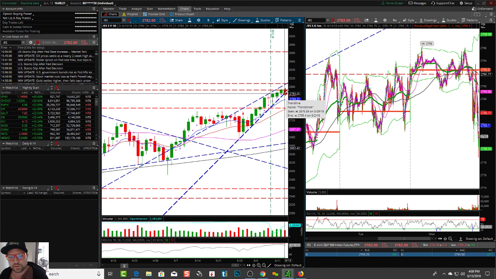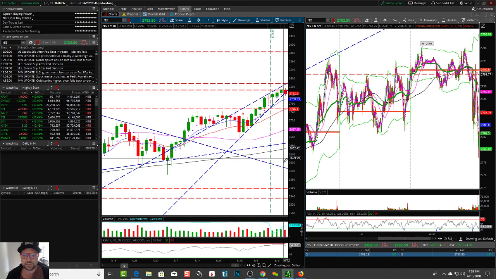So if it starts to fail, and that's happening near a resistance area, then where do you look? Support levels. Look at the 9 EMA as support. Look at around the 2750-ish range, which is right around the 20. So these 9 and 20 EMAs, 50 SMA, 200, are very important support levels.